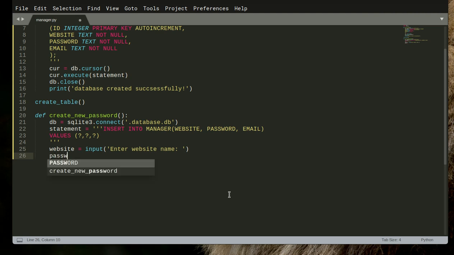So password equal input. So here we're going to add a formatted string and enter password for the website that I entered. So website, like that,